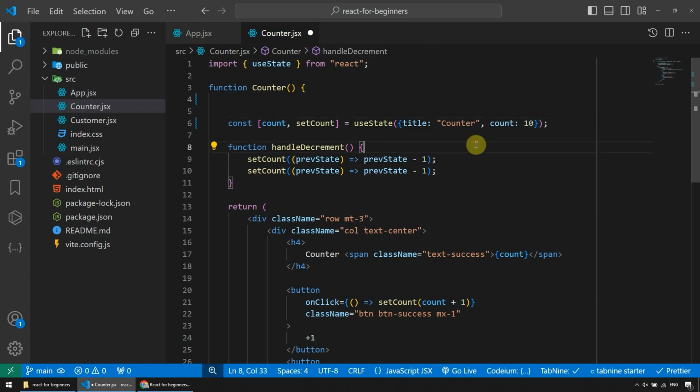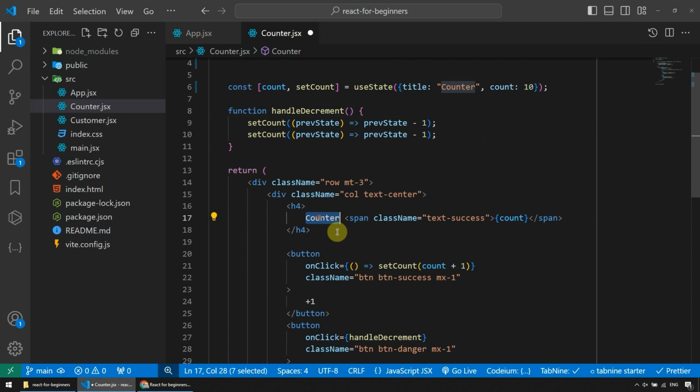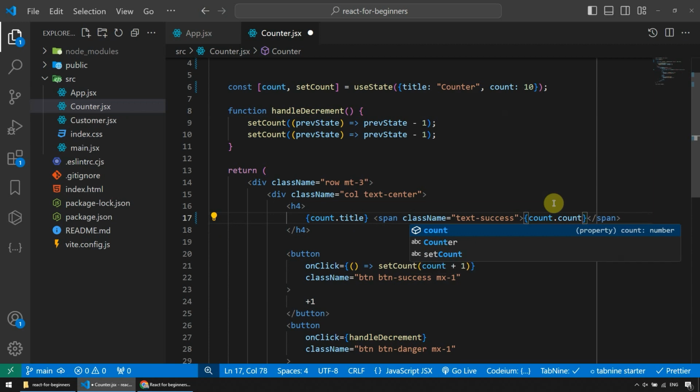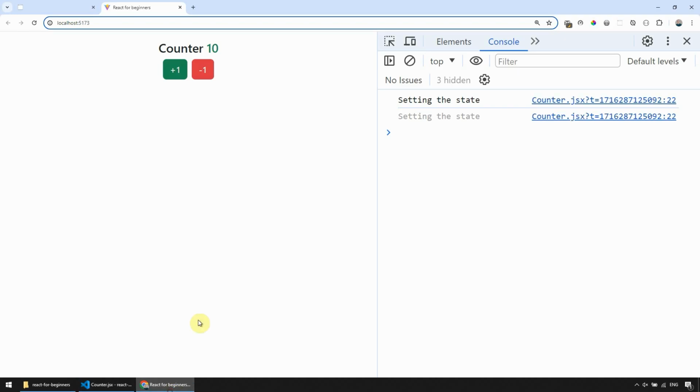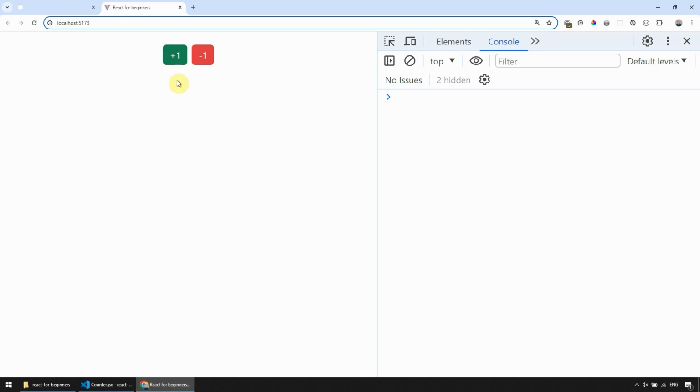Okay, and here I'm gonna say count title like so, and count. So right now we have the same thing here, but if I click something, it disappears. Okay,